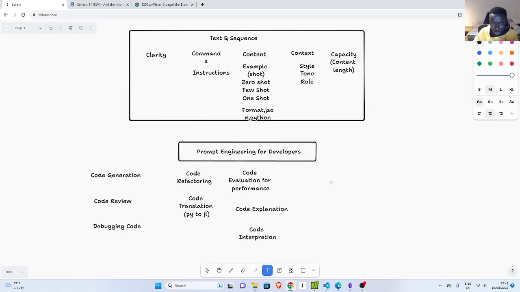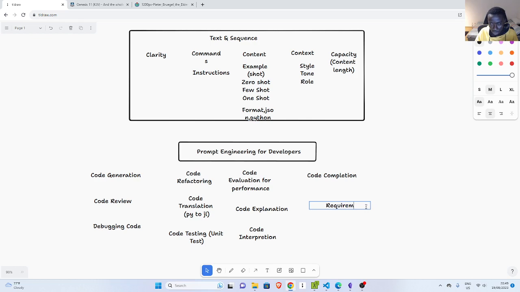And then we can also do code completion, which is very interesting, right? So code generation and code completion are almost the same. Yeah, and then we can also do some other stuff which is not specifically for this. We can call it code testing or unit tests. You can let it write tests for you. So you generate the code, you review it, you debug it, you refactor it, you can translate it, you can also write tests for it, and you can also use it for